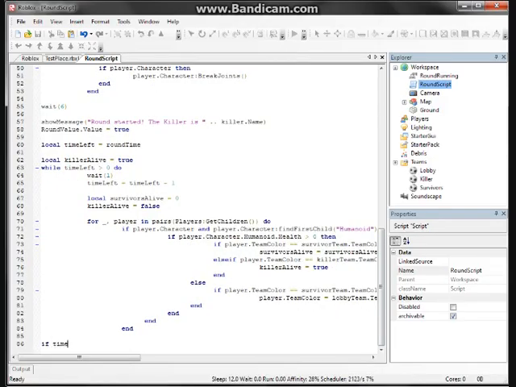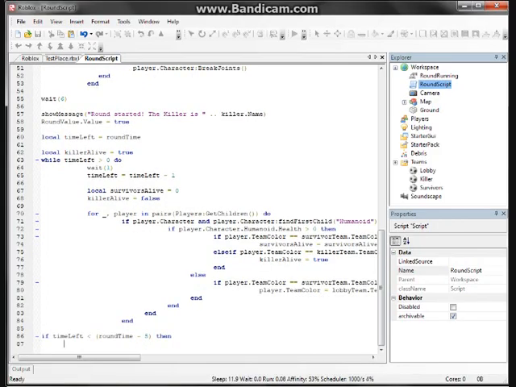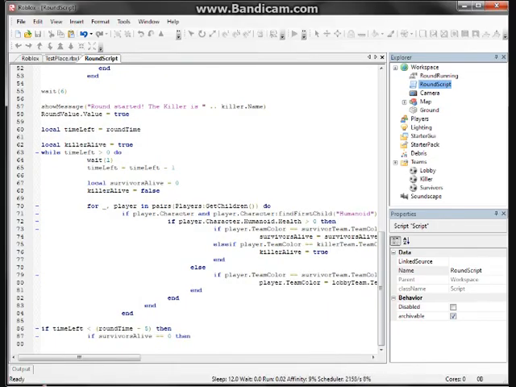Okay, if timeLeft is greater than roundTime minus 5, then, so it's just a check to see if all the survivors are still alive after 5 seconds is the best way to explain it. If survivorsAlive equals 0, then